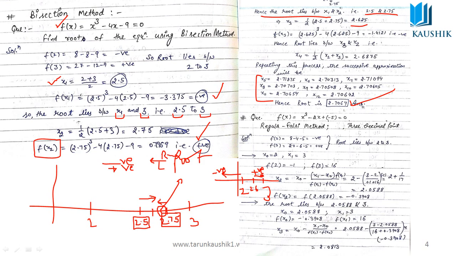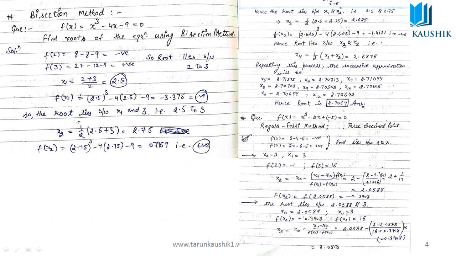Okay, so next, regula falsi method. This is again a method of calculating the root of the equation, and here it is specified to calculate the root up to 3 decimal places, and the question is f of x equals x cube minus 2x minus 5 equals 0. Again I put two random values, 2 and 3, and then I notice that the value at 2 is negative and the value at 3 is positive, so it means the root must be lying between these 2 points, that is 2 and 3. I think I am going just a bit fast, so I will be reducing my pace.